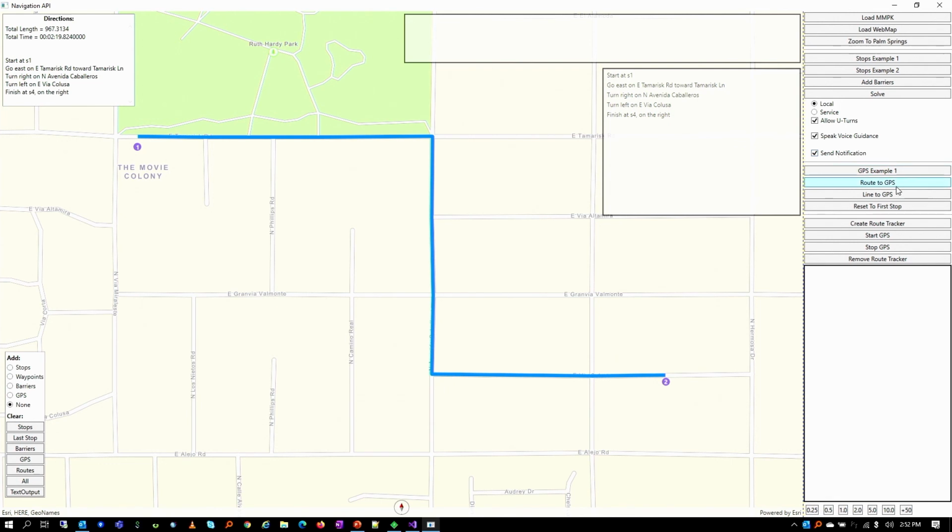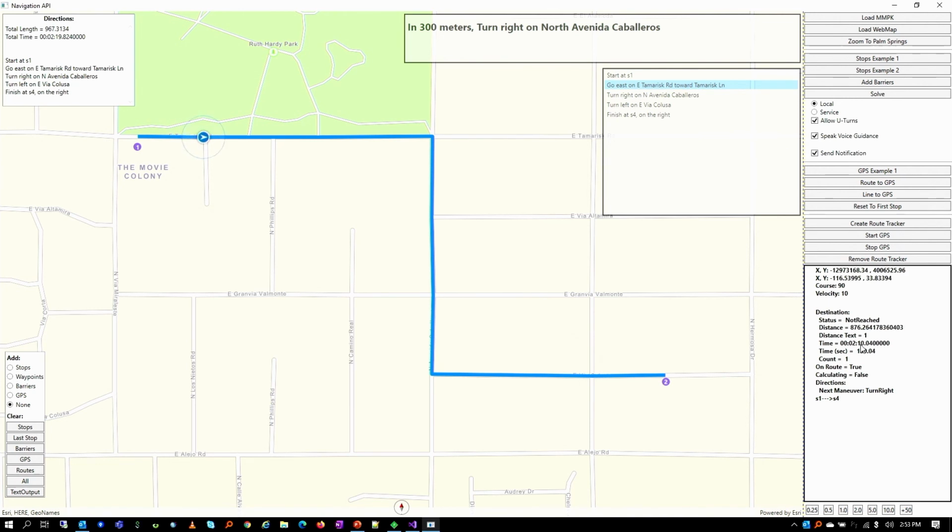I'm going to get the GPS points, but I'm going to generate them from the route because I want to follow that route. Then we're going to create a route tracker, and we're going to start the GPS. Go back to the beginning, and we can watch as it counts down to less than 2 minutes. What I'm doing in the background is tracking that particular value, and once it gets to 2 minutes, it should send an email off to